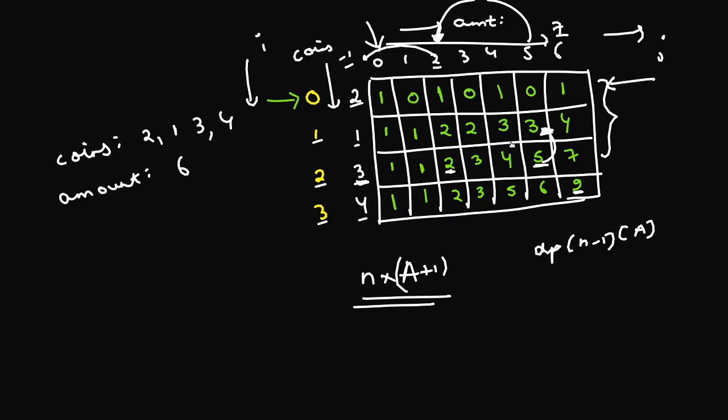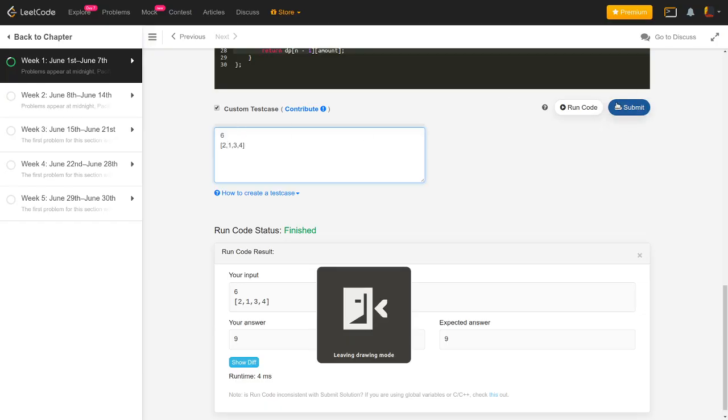The reason being, at each step you are considering whether you are taking that coin or not taking that coin. And no matter whatever is the order of the coins that you take, if you are always doing this for each of the coins, whether I'm taking that coin or not taking that coin, it doesn't make a difference whether to sort these coins or not. Just try to submit this code.